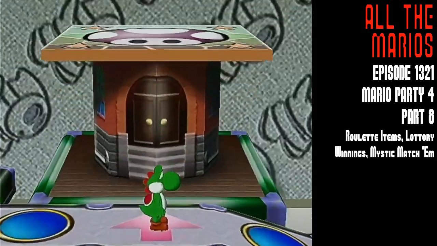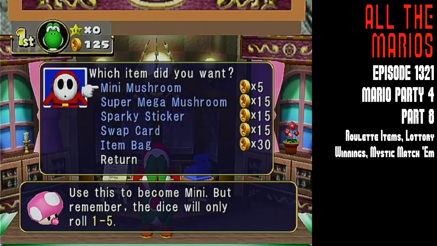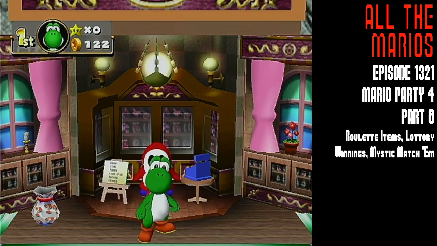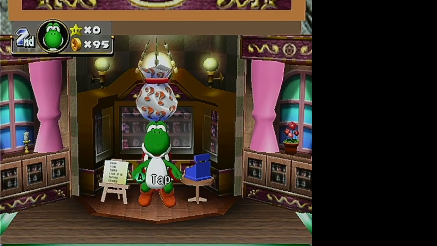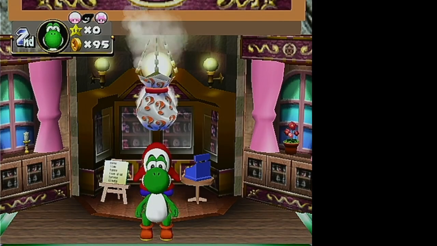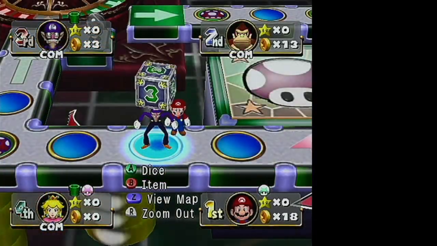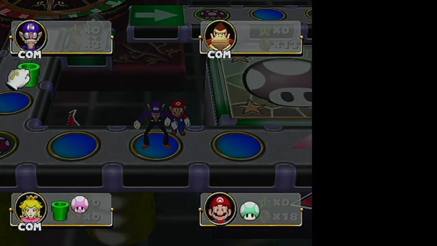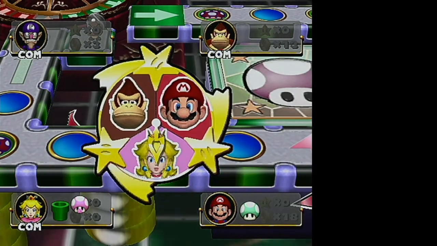So, today we're gonna check out some shop stuff. Some item stuff. So, there's the item bag. We saw this in previous games. You pay 30 coins for it, and it has 3 items in it that are random. So, you could get, like, magic lamps. You could just get a bunch of crappy mushrooms. It's generally, I'd say, worth it just for the possibility of getting magic lamp, but...